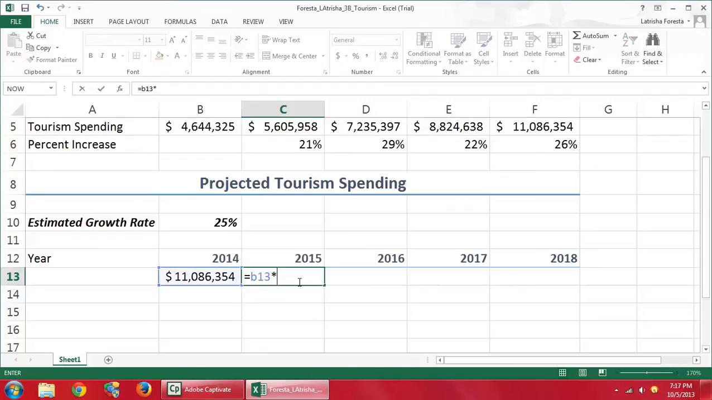You're going to put the asterisk, which is shift 8. And you're going to put your parenthesis 100% plus $B$10 parenthesis. We're going to click the check,